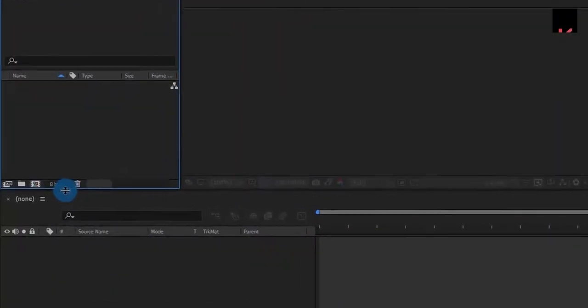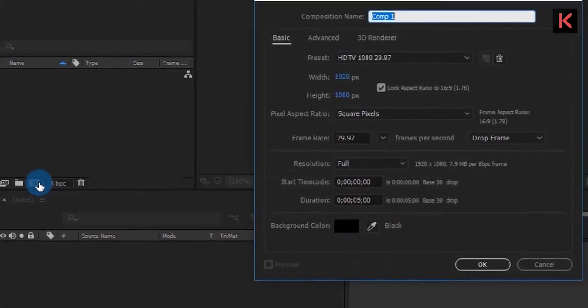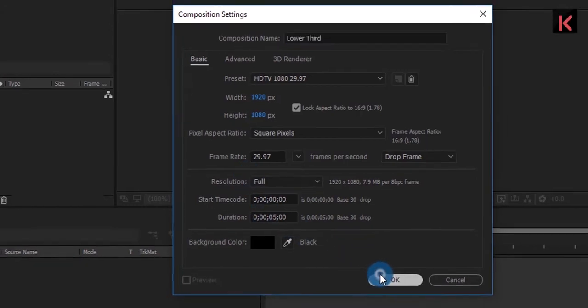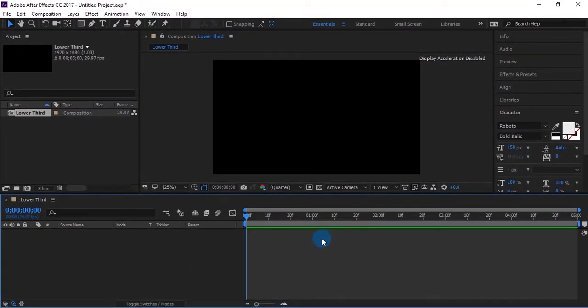Open After Effects and create a new composition. Let's call it lower third. I am going with 1920 by 1080 and 29.97 frames per second. Now let's import our logo